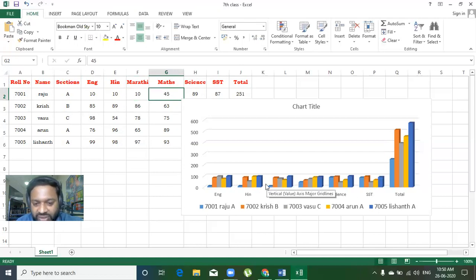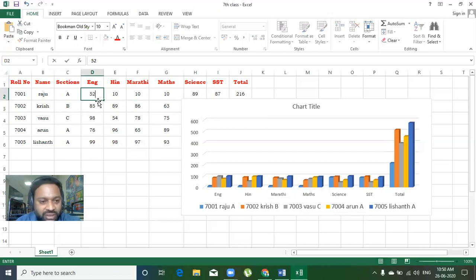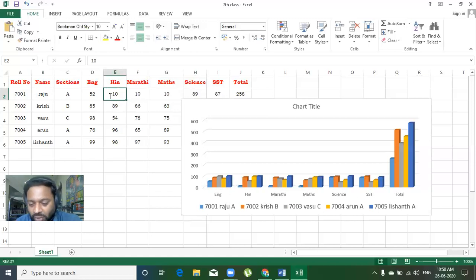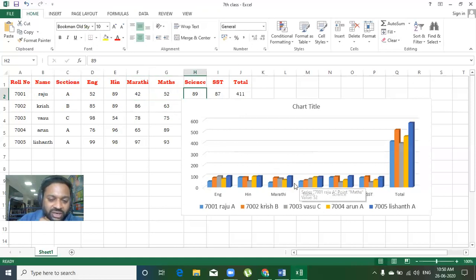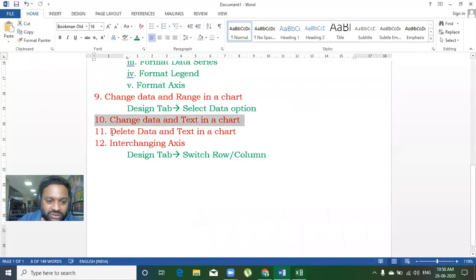You can see here, whenever I am changing, the data series is changing. So you can change the data and the same changes will appear on the chart. You can observe I'm changing again and the same changes are happening on the chart. Right. This is about change data and text in a chart.